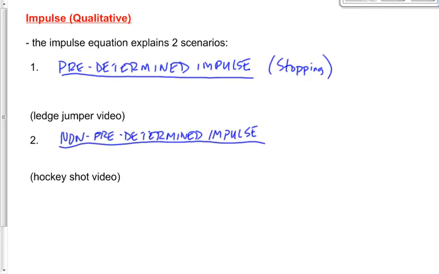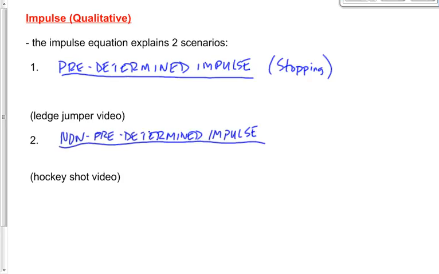That airplane that you're traveling in that weighs several tons and is moving at about 900 kilometers per hour, one thing is certain, it will stop. We don't know how it will stop. We hope it will stop the way that it's supposed to on the runway, but it will stop. The impulse experienced by that airplane is determined by how fast that airplane is moving and how heavy the airplane is. It doesn't matter how it stops, the impulse will be the same. So when you're stopping an object, the impulse is predetermined. It's going to be the same no matter how it stops.